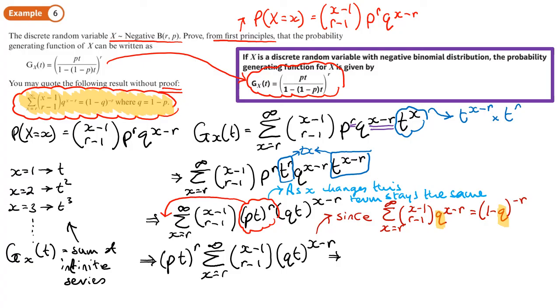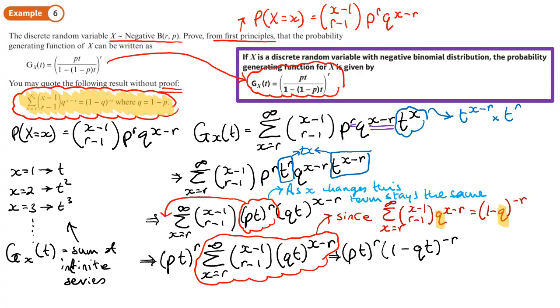So we're now ready to write down our next step, which is going to be pt to the power r, that was in front of the summation, and then the sum of all of this stuff here, we're using the result that we can use without having to prove it. That will be 1 minus qt to the power negative r. Now that's the same as pt all to the power r over 1 minus qt to the power r. Now the power r can be taken out,